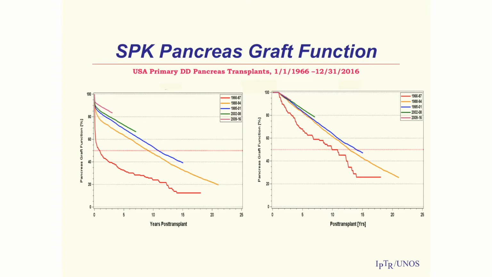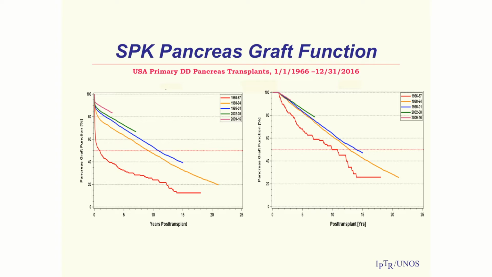Now, just see how much progress we have made. But the reason why I want to show this slide is the following. Most of the graft losses for pancreas transplants occur within the first year. So this is including the first year. This is conditional pancreas graft function excluding the first year. So if we exclude the first year where most of the graft losses occur, look, we continue to